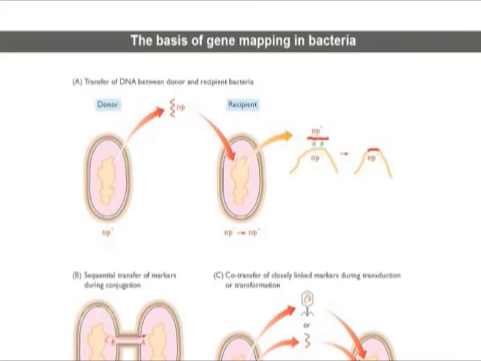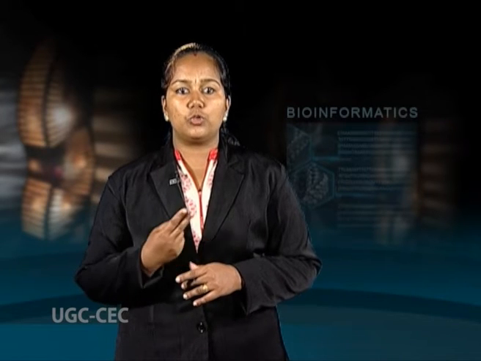For example, the transfer of a functional gene for tryptophan biosynthesis from a wild type bacterium, genotype described as TRP+, to a recipient that lacks a functional copy of this gene, called TRP-. The recipient is called a tryptophan auxotroph, a mutant bacterium that can survive only if provided with a nutrient, in this case tryptophan. After transfer, two crossovers are needed to integrate the transferred gene into the recipient cell's chromosome, converting the recipient from TRP- to TRP+.